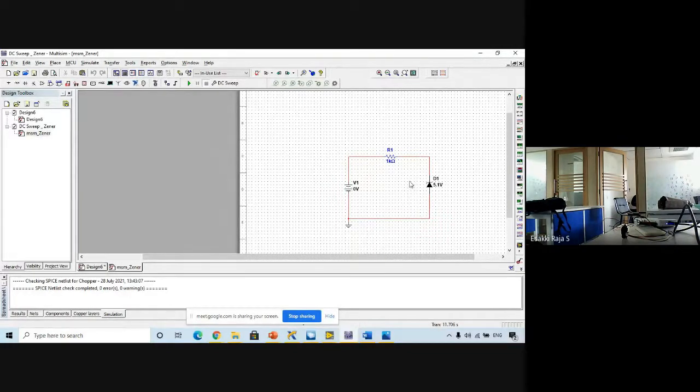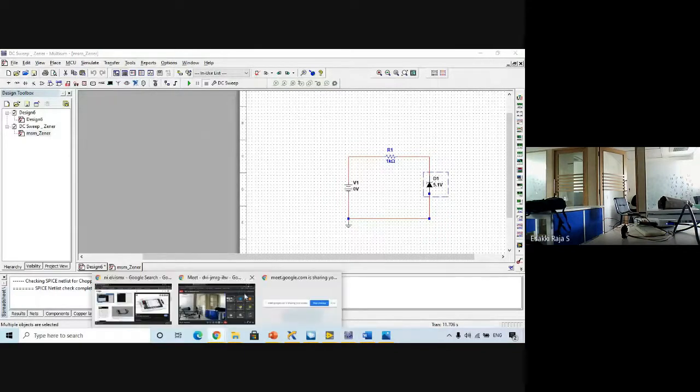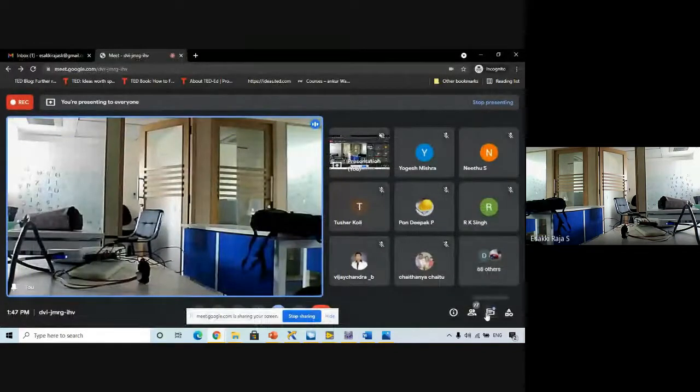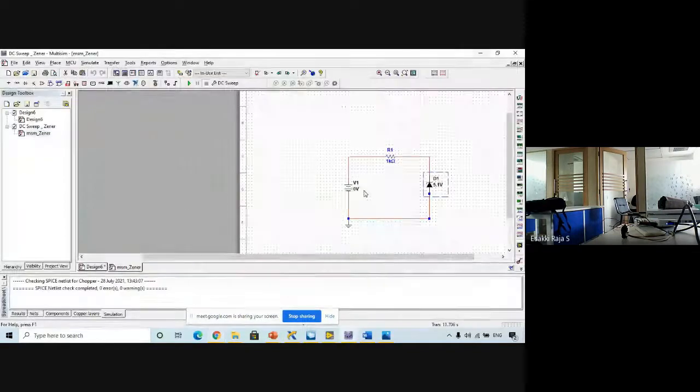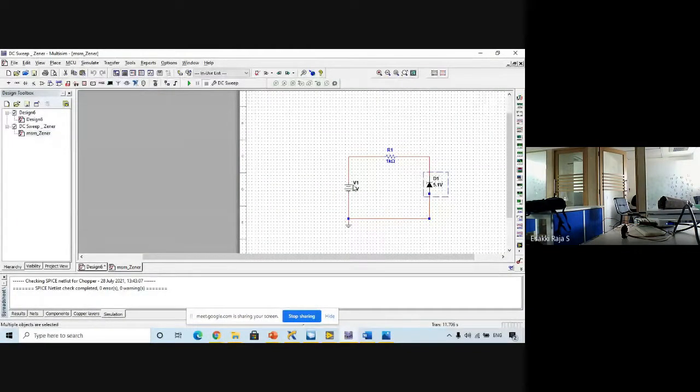So to ensure we are going to perform a reverse bias, here you can see I have connected my diode in a reverse direction. So which means even if I provide a voltage, it indicates we are going to perform a reverse bias. Okay, for this I'm going to perform DC sweep analysis, which means I'm going to provide a DC voltage slowly and I'm going to plot the graph.